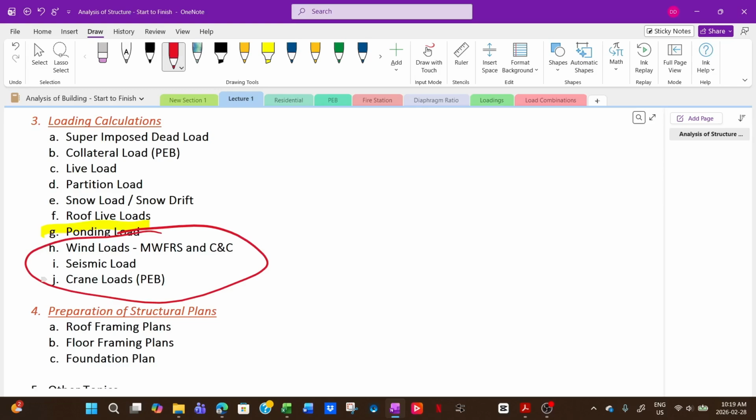in wind load, we have two different types of wind loading. The load that you use in designing the lateral stability of your building would be under MWFRS, and then of course the components and cladding. Now, for example, if you have a building,